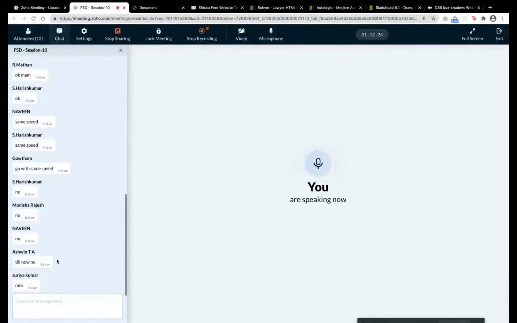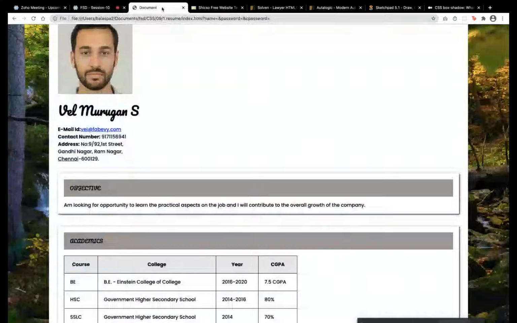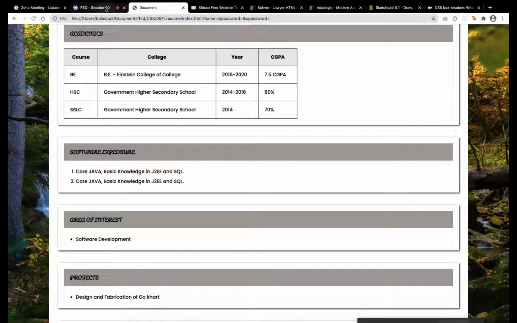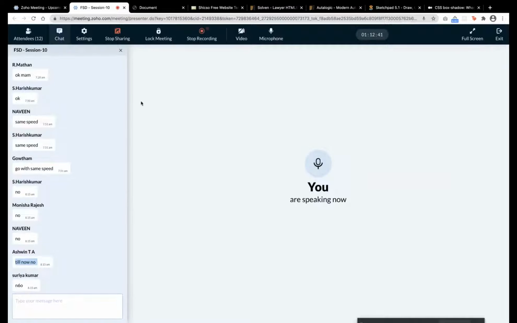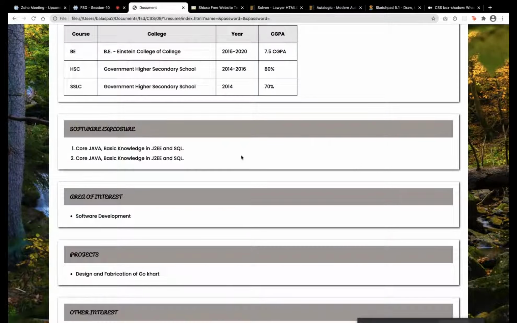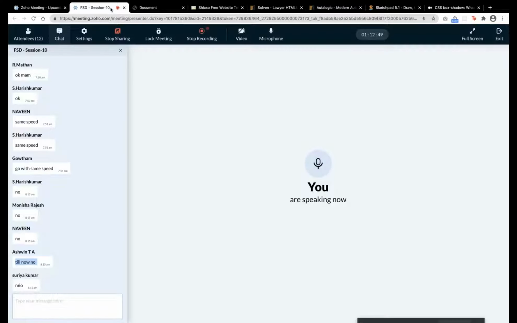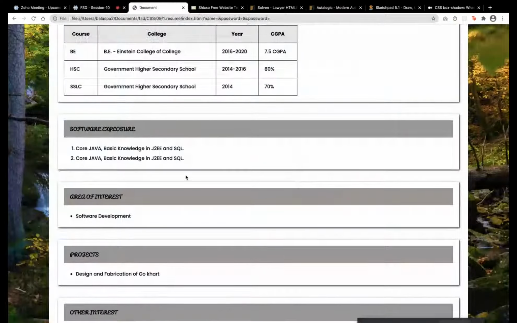Fine. Yeah. While practicing, there will be doubts for sure. When you are saying no here, I'll keep it as till now there is no. Fine. Okay. Because regularly I'm getting this till now no from Ashwin. Usually I'll also do that. If anybody asks, there is no doubt. Okay, whether we can say yes or no. If we are saying yes, then we should be clear in everything. We know that we are not clear in everything. But if you understood 90% of the thing, you can say no.